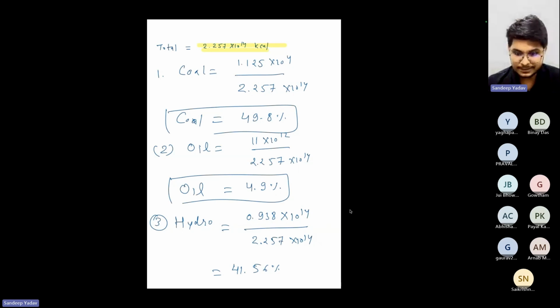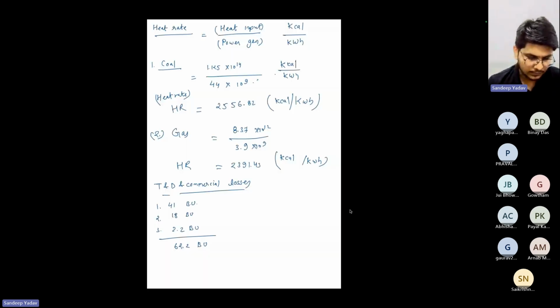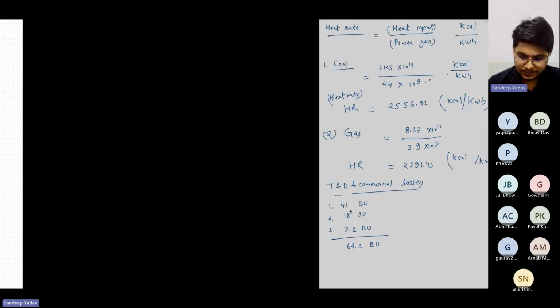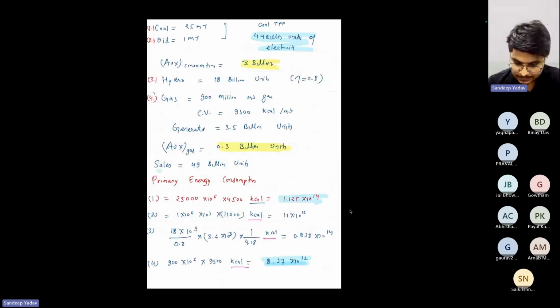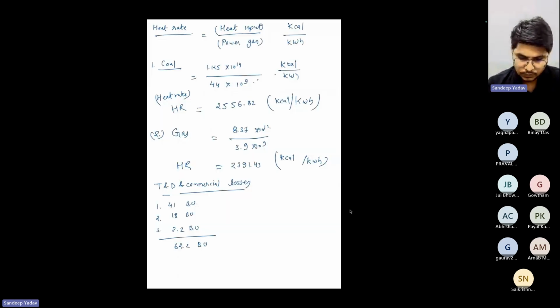If you multiply these things with the amount of energy that we have given, you will get the energy being generated from these power plants, from the values you calculated for all these. And if you look at the whole thing for losses, we are able to generate 62.2 billion units. And initially we have been given that sales is 49 billion units. So if you were to calculate the losses, so losses would be